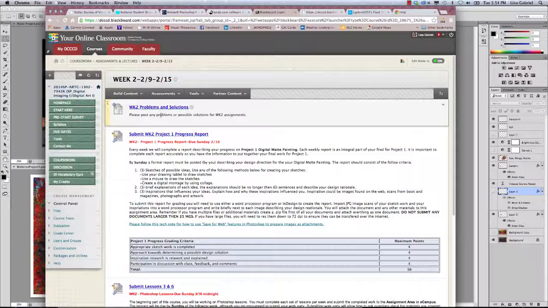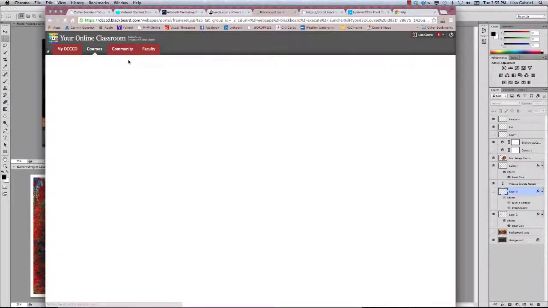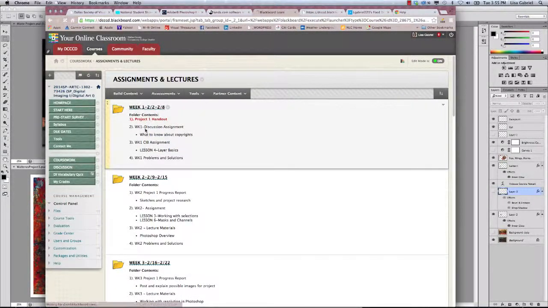The second thing here in week 2 is your progress report. You will have a progress report due each week stating how you're working through the assignment. Now, what assignment should you be working on, and which one are you talking about here? Back in week 1, so I'm going to drop back 1 here. So going back to assignments and lectures, and going back to week 1 here,